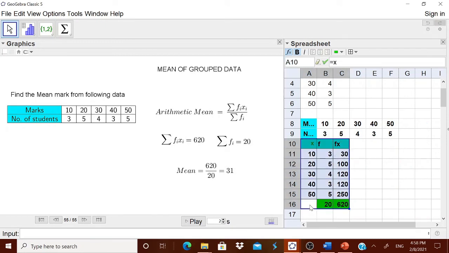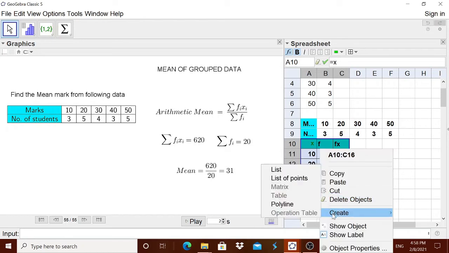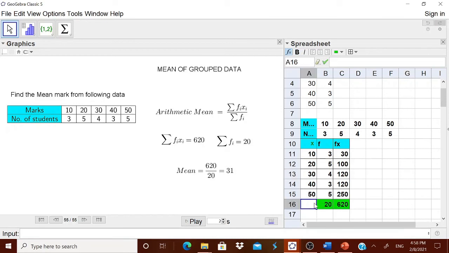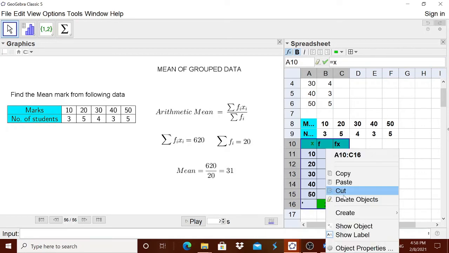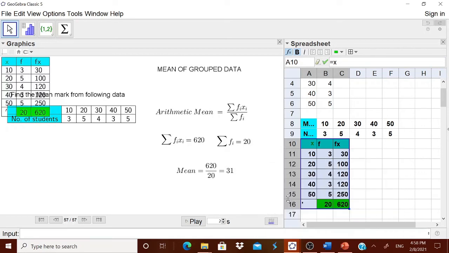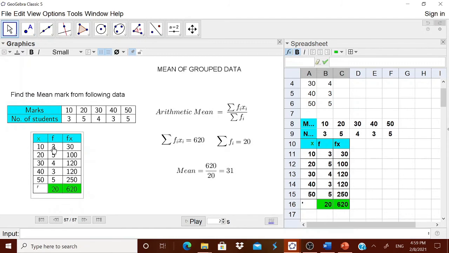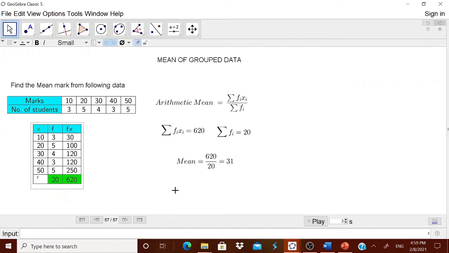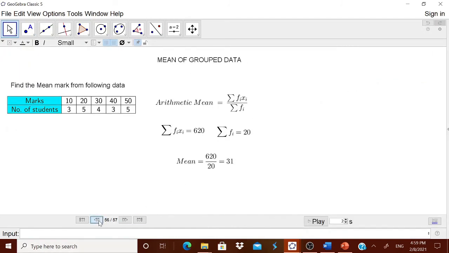But remember, here one cell is vacant. If the cell is vacant, you cannot create the table. Therefore, in that you type something. For example, I type this. Then right click. Go to this create the table. I think the child got the table also. Well, now I think you can cut short it. Everything you can remove it.